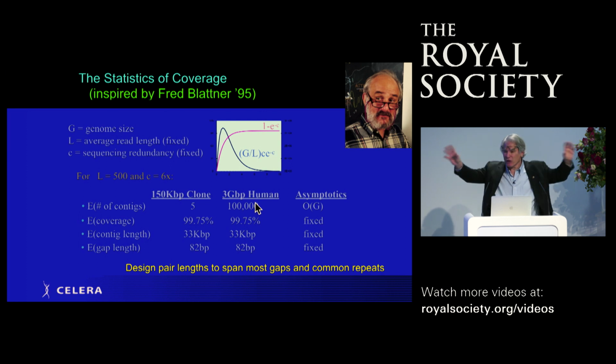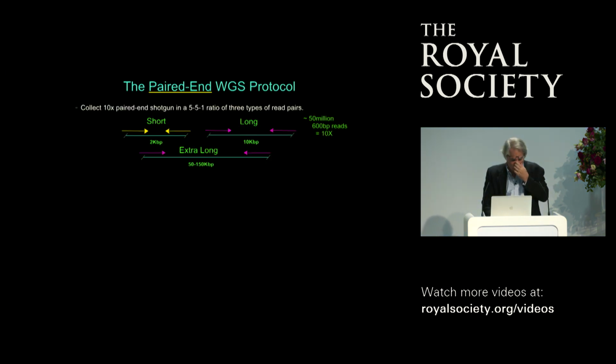So it's not like I have 100,000 pieces and I don't know where to pin them on the map. I suddenly have them in long linear arrangements that I can place on the genome. So basically what I proposed with my colleague Weber in '96 was that we do a 10x shotgun of the